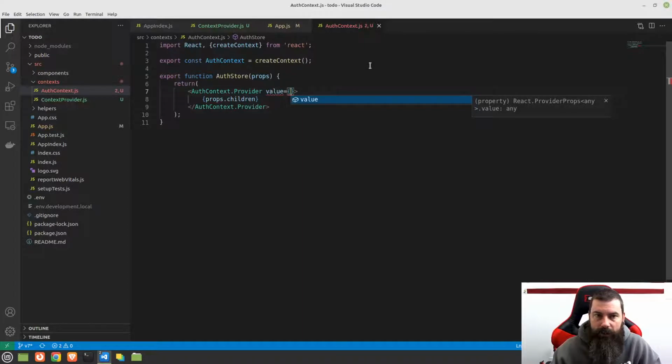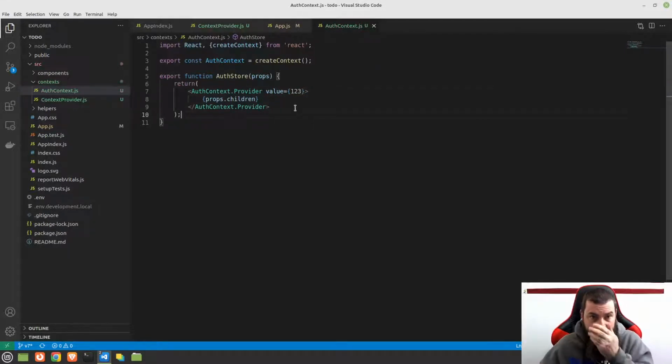I think what we'll do here, let's just provide a value of, for now I'm just going to put 1 2 3. Okay, it doesn't matter. So let's say this is some sort of user ID or something like that we have, and we want our children to have access to this value. Now later we're going to make this all dynamic and everything, but I'm just trying to show you the simplest way to pass this value down so that we don't have to, because normally what you'd have to do is